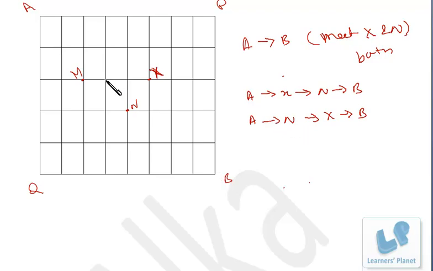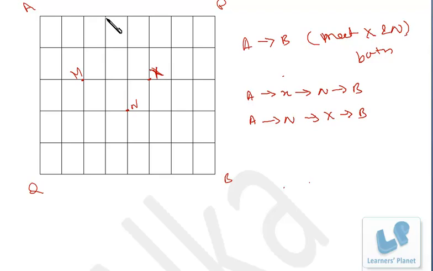So in this case, you can go this way, then this way, then this way, or this way, or this way, right? So these are the number of possible ways that we have to find out. But in both the cases, 15 steps are there, and they are bare minimum steps, if you have to visit both the places, N and X. Okay. So first of all, let's go from A to X.